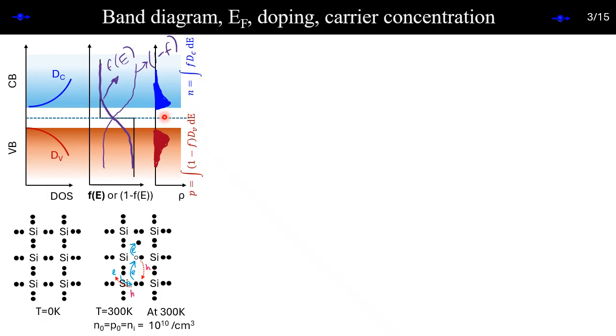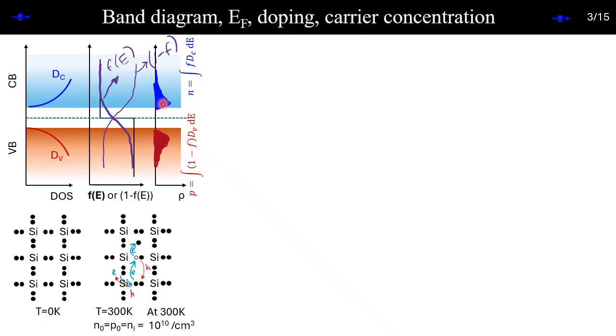So if you do it, then you will get, say, the carrier density profile like this. Do you agree or not? The carrier density should vanish at very high energy. The reason is f is 0. Do you agree? Here it is 0. The carrier concentration should be 0 here. And somewhere in between it should peak, right? So the total area is f times D, this integration, right? This is the area of that. The total area of this is the number of electrons. Is it clear?